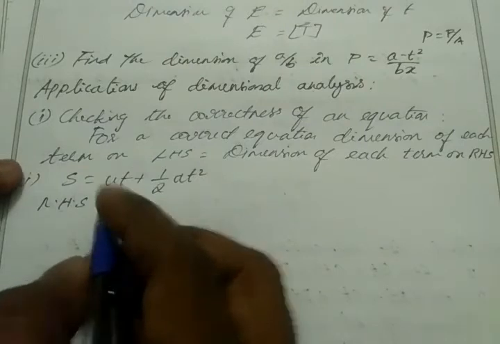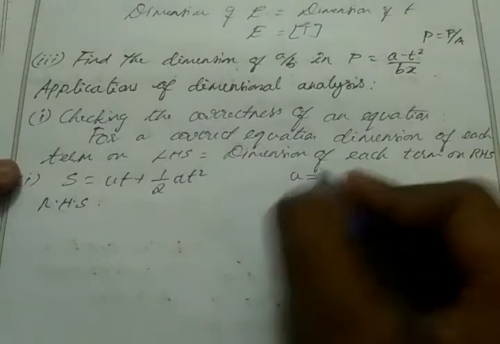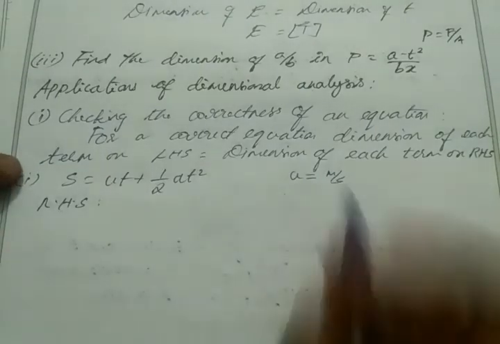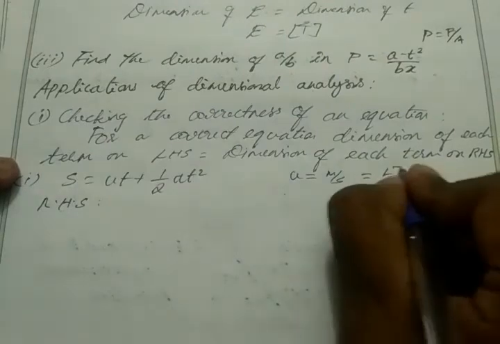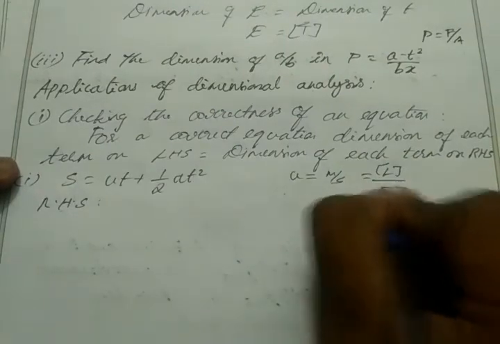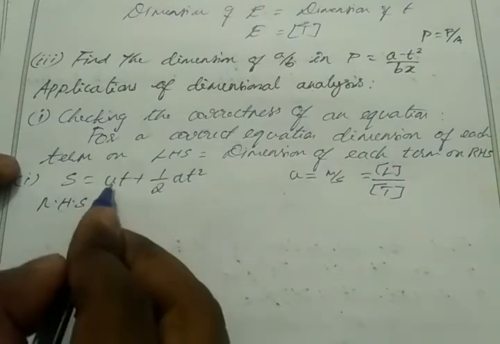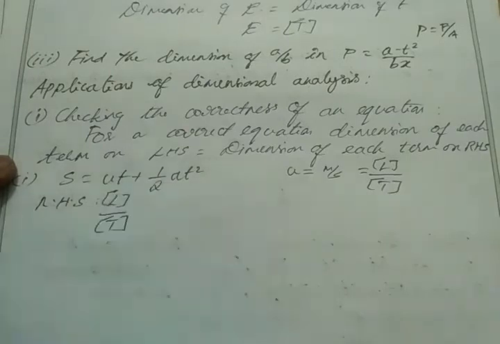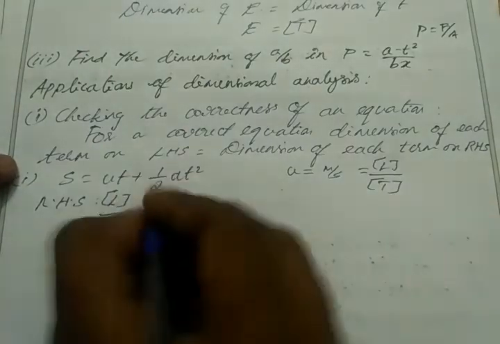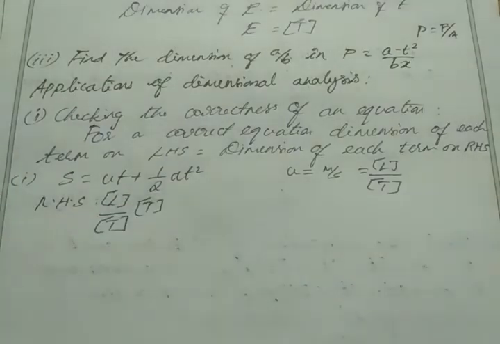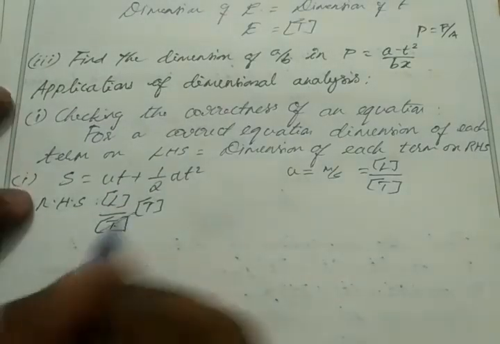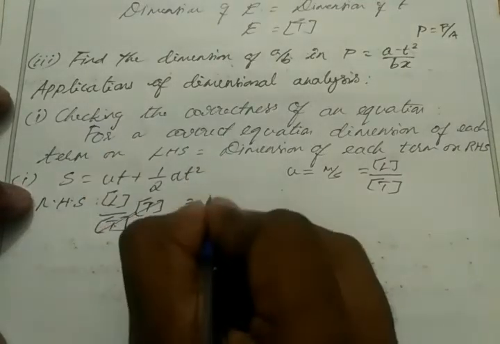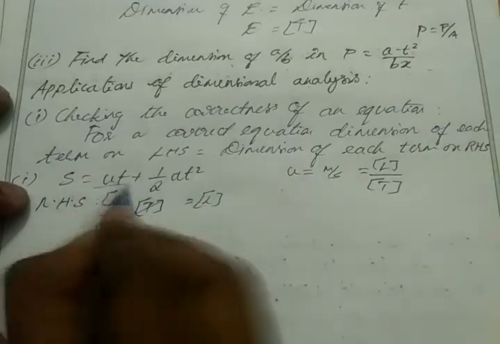So what's the unit of initial velocity? If we write the unit, then we are able to write the dimension formula. For velocity, the unit will be meter per second, correct? For meter, the dimension value is L. For second, we put T. So for u, I can write L by T, and for t, I can write T. So this t and t get cancelled, then I am left with L. So this value will be equal to L for the first term.